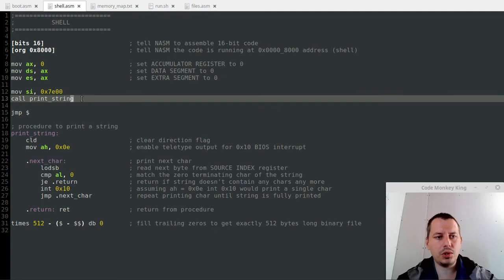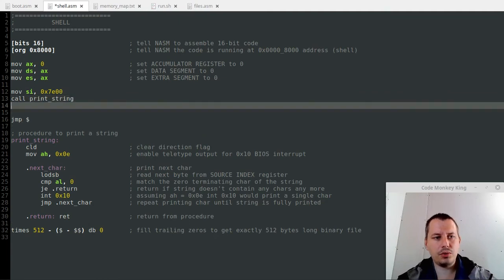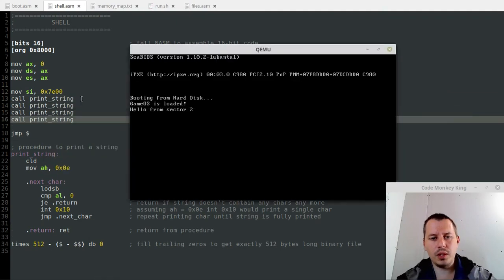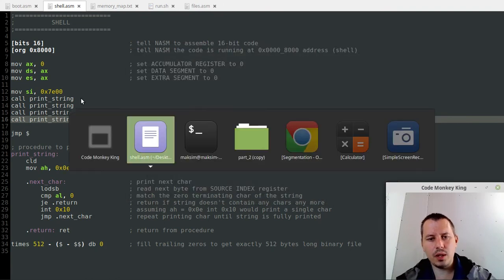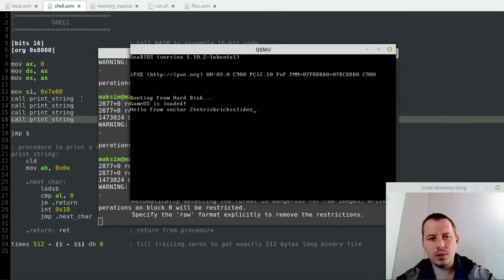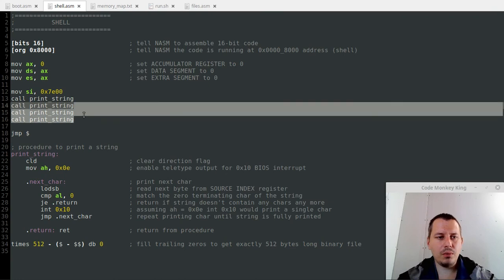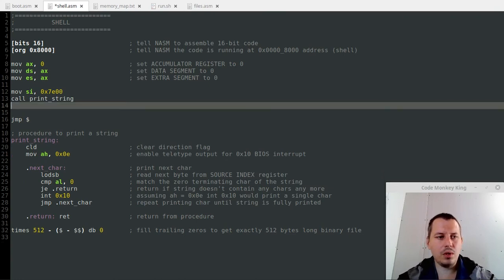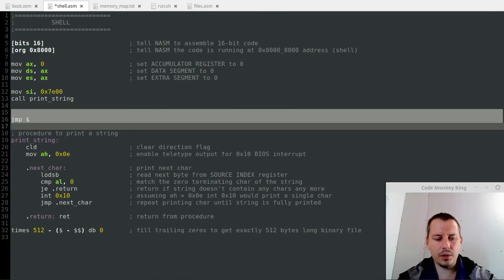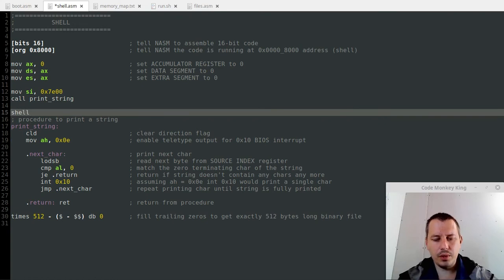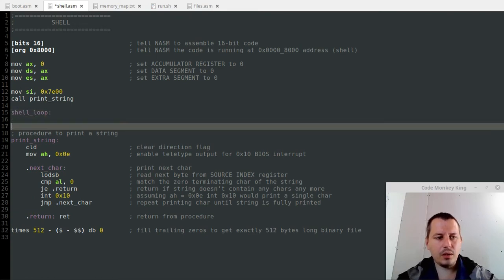And by the way, if we just try to call print string a few more times, in this case we would actually print the rest of strings, because it's like we have the Tetris, the bricks, slides, because we increment the SI anyway within the print, so that's why it happens like this. But we don't want this, and also here we actually want to specify the shell loop, and we're not going to be